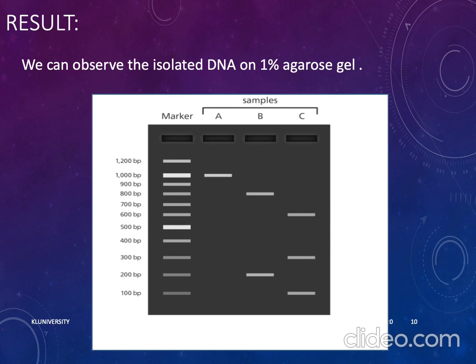If you have similarly sized bands that are running too close together, you can adjust the gel percentage to get better separation. A higher percentage agarose gel will help resolve smaller bands from each other and a lower percentage gel will help separate larger bands.